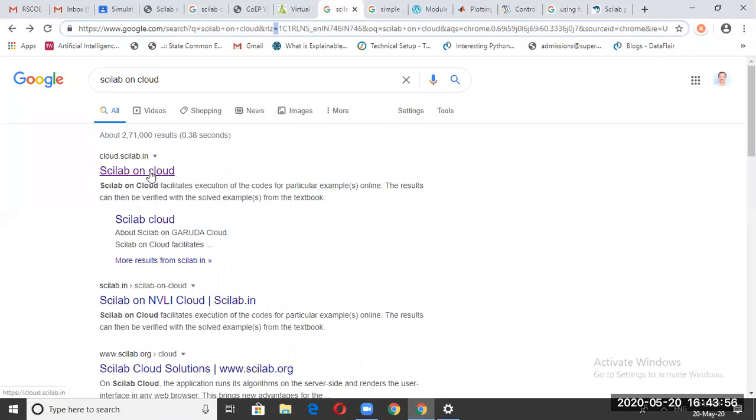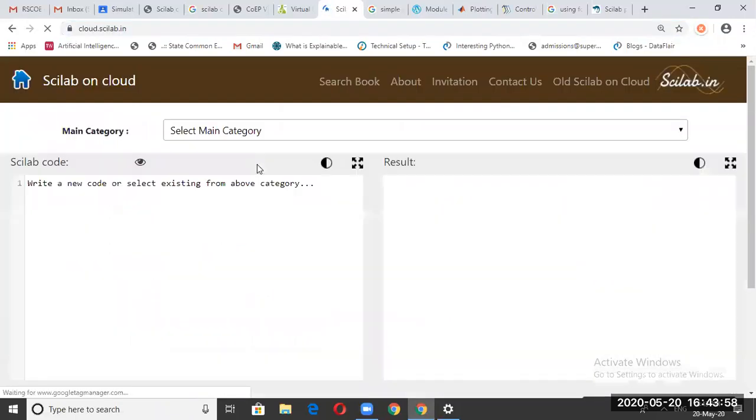So let us go to cloud.scilab.in. Now here we are going to simulate a few things. First of all, let us see what the simulation will look like.